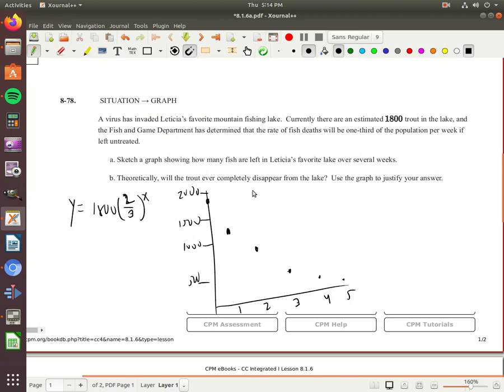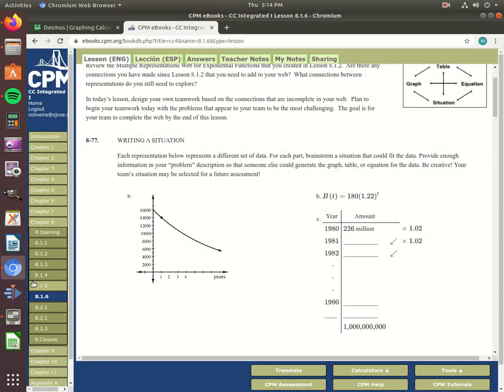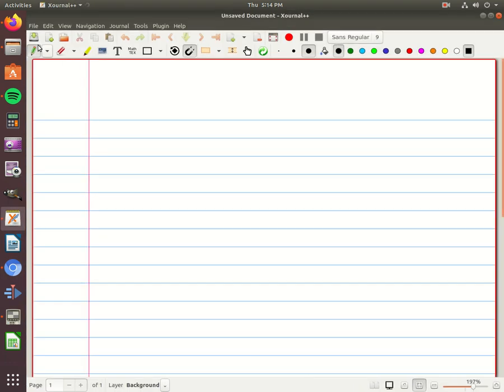Now it says, theoretically, will the trout ever disappear? Theoretically, they won't. We do have the asymptote, but just think about it. It's just like the penny lab, where eventually it's going to get to 0. So sadly, it's hard to have 2/3 of a fish. When you get to 2/3 of a fish, usually you have 0 living fish. So I hate to go negative there. All right, let's go to 816,